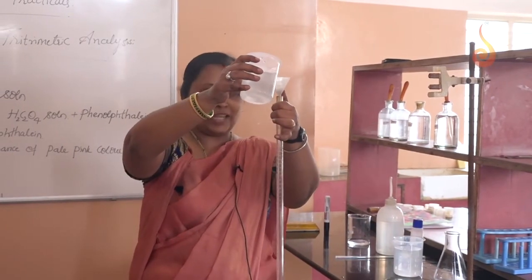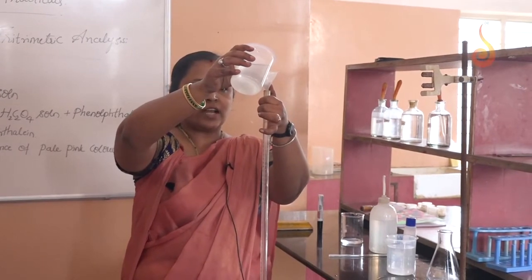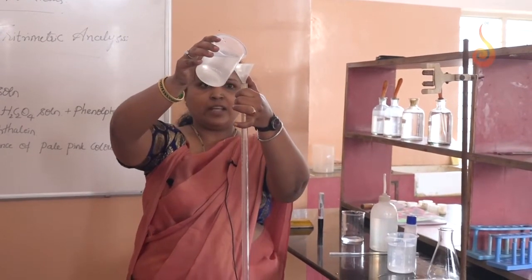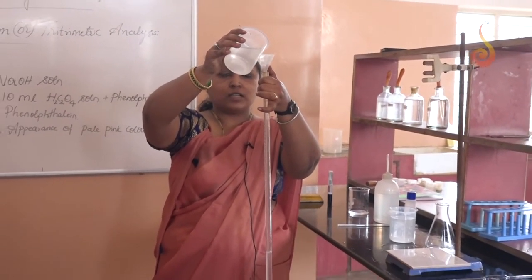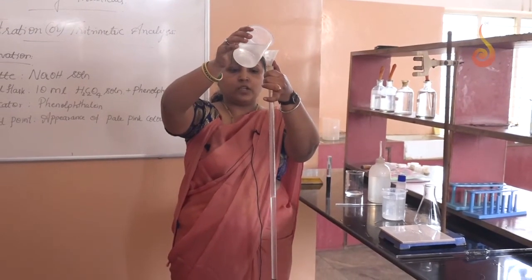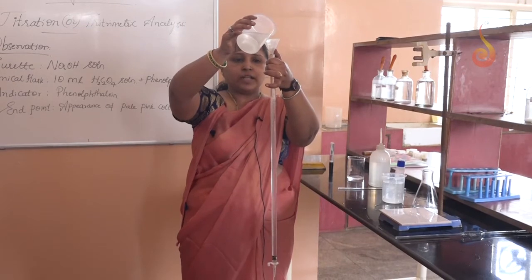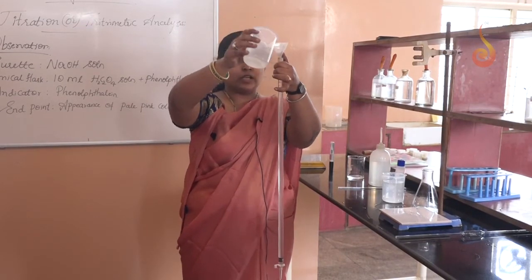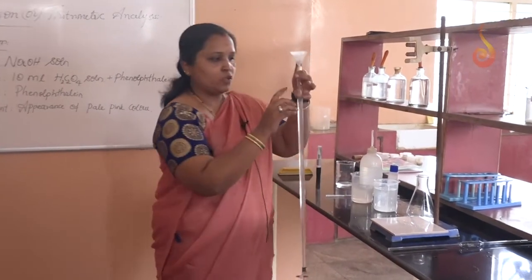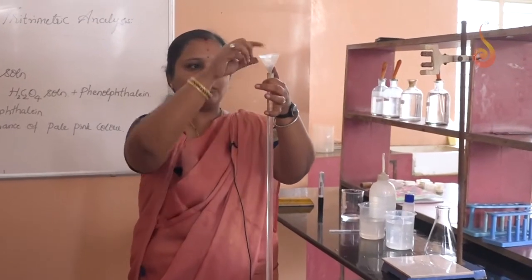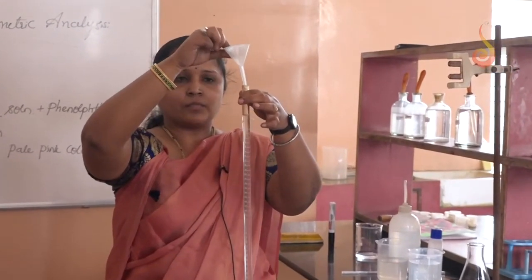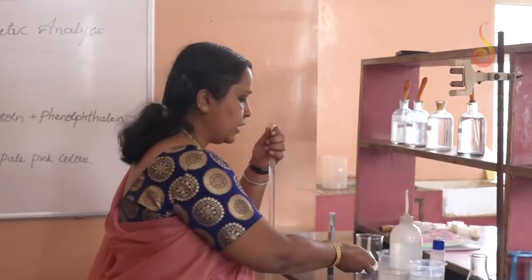So, slowly add it. I have started adding the solution. Since I am giving the air gap, the solution is clearly and comfortably going into the burette. While we are filling up, take the solution above the 0 level. So, I have taken the solution above the 0 level. Take out the funnel, remove the funnel from the burette